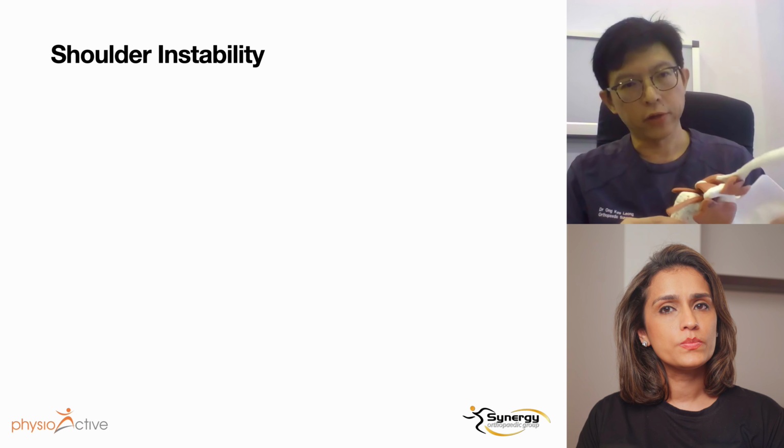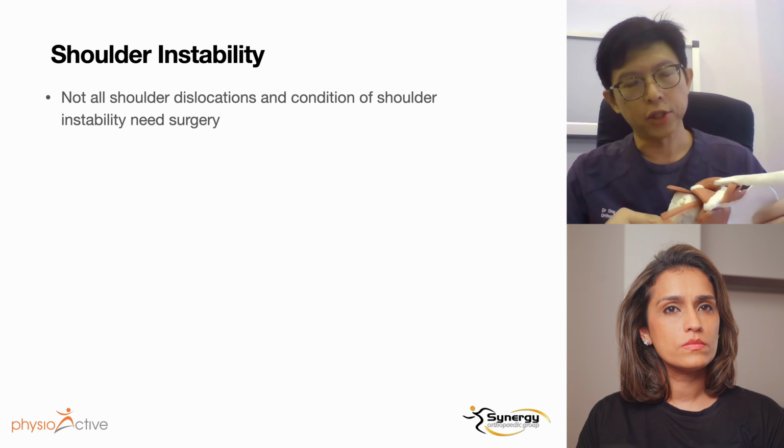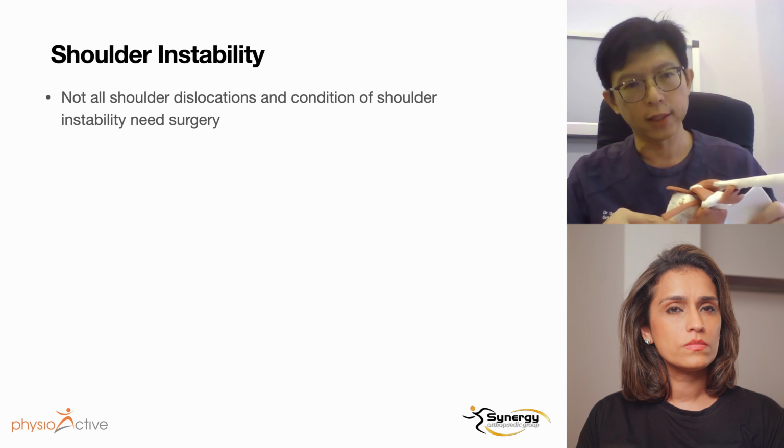So, when a patient experiences their first shoulder dislocation, what are the initial treatment options? And how do you decide between a conservative treatment and a surgical intervention? Okay, so that's a very good question, because not all shoulder dislocations and the condition of shoulder instability require surgery